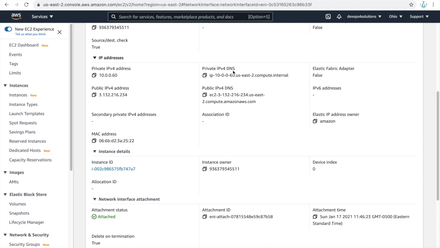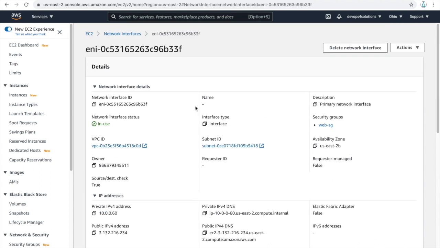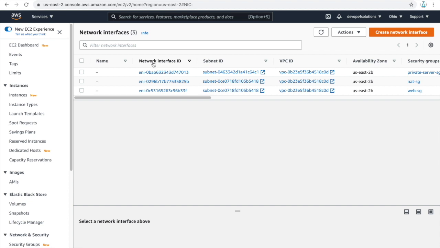Okay, so this is the basics. When you create an EC2 instance, this network interface is automatically assigned, and this is called the primary network interface. You can create additional network interfaces and attach them to an EC2 instance, and you can detach them and then attach them to another EC2 instance. So this is what is called ENI.